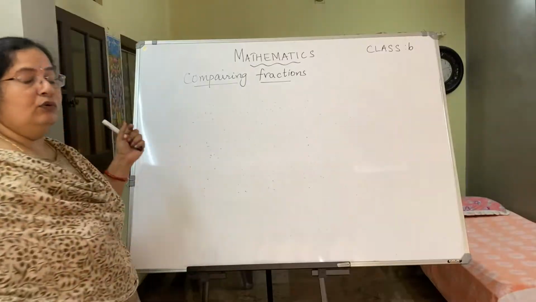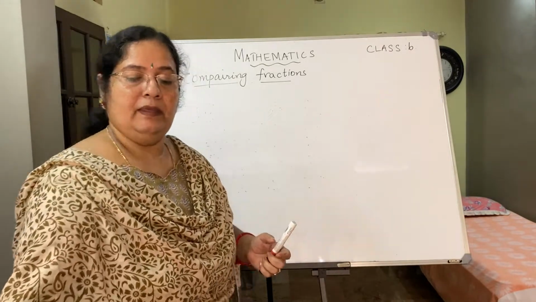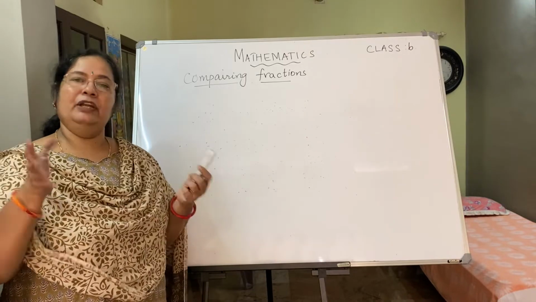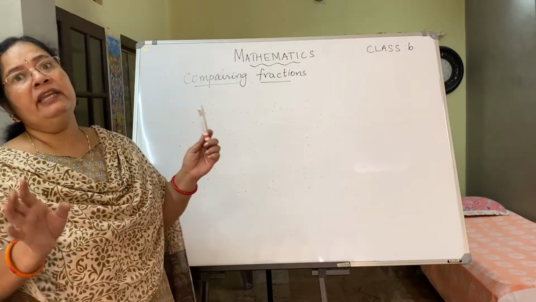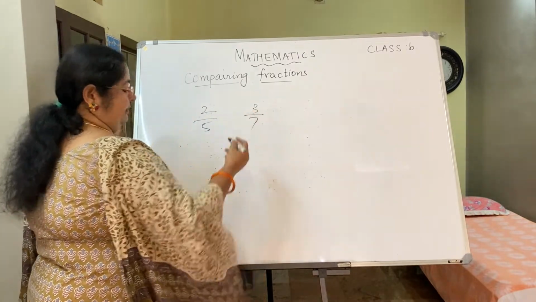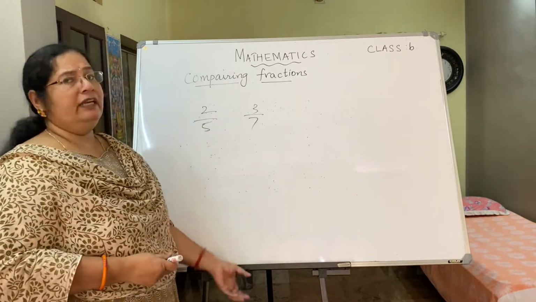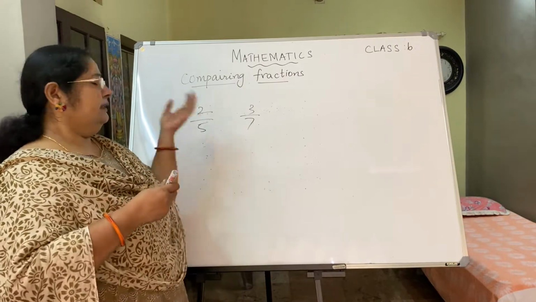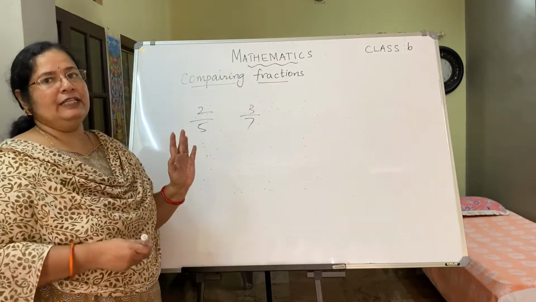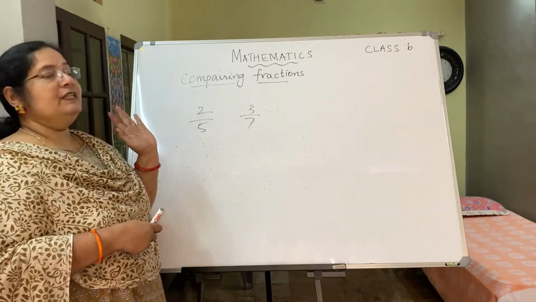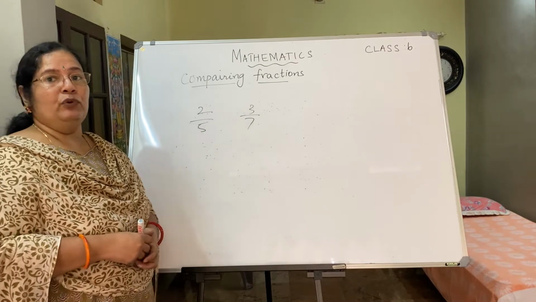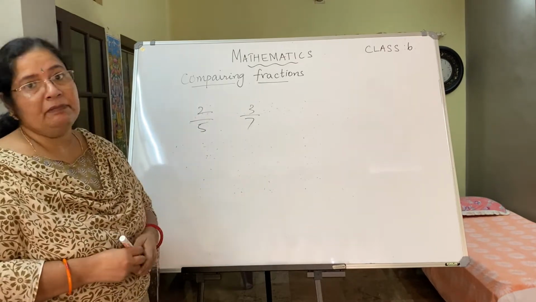Now if you forget all these rules, then we have a general rule. We can go for the general rule. Given any fractions, say 2 by 5 and 3 by 7. This is not a like fraction, nor of the other type, nor a unit fraction, nothing. Generally, I have given 2 proper fractions. How to compare them? Here what we do is we go for cross multiplying.